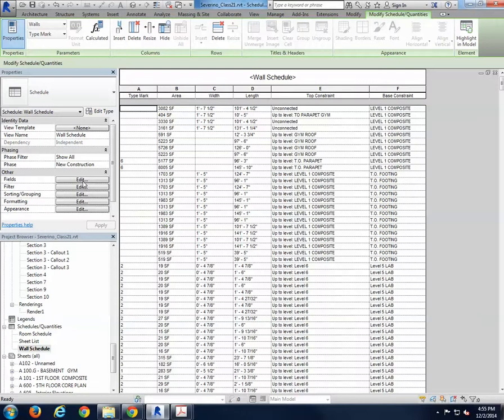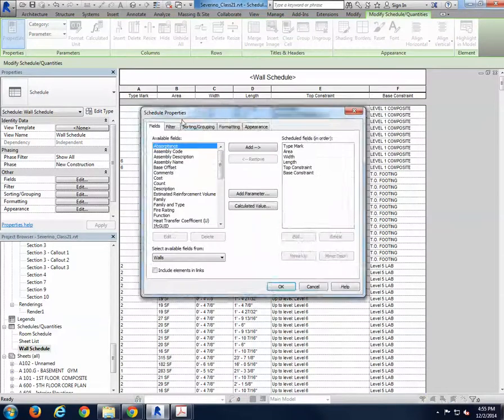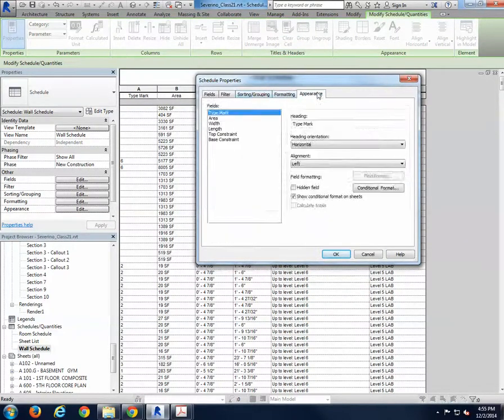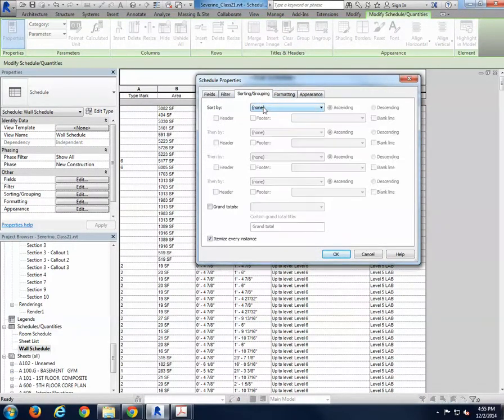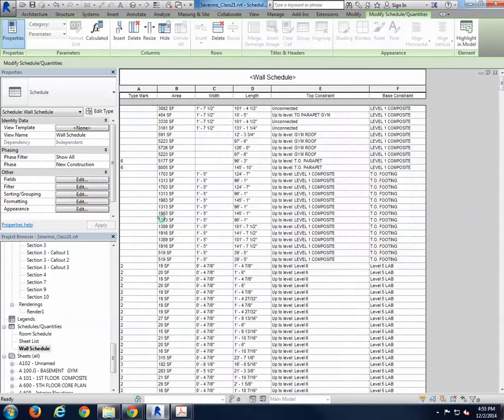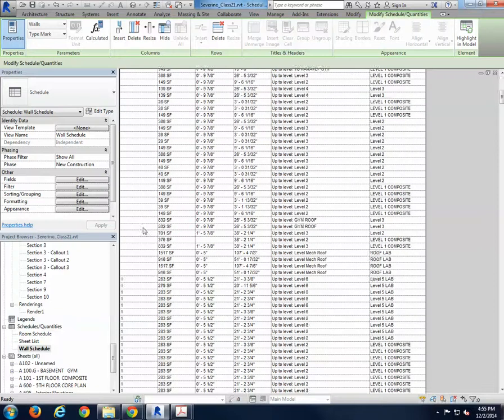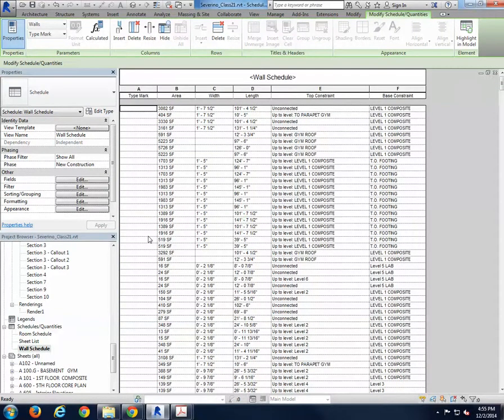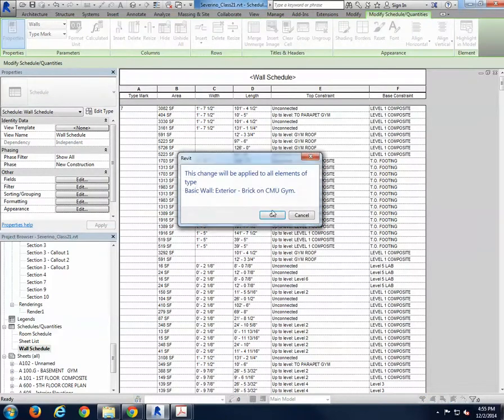So to do that, again, you can press any button here because you have these options afterwards, and we want to sort this. So we're going to sort it by the type mark and ascending. You say OK, and the first ones are not going to have any number, as you see. So that means that we can actually place here 7, which is